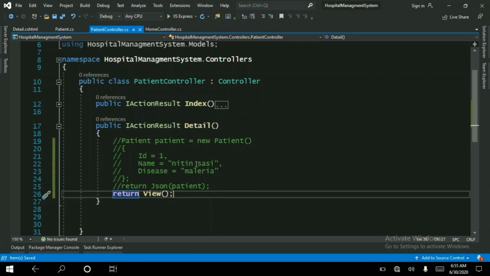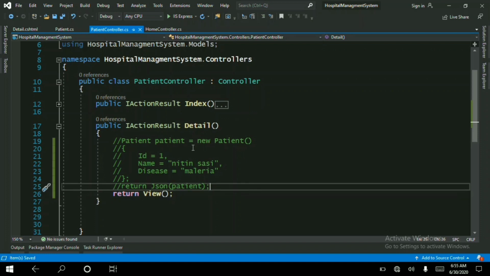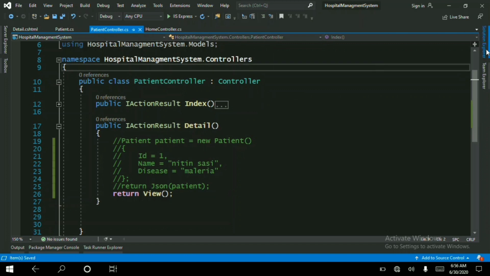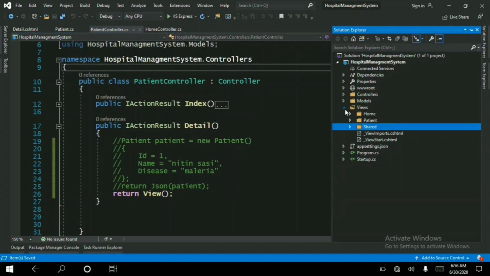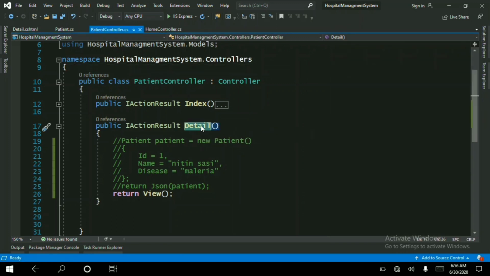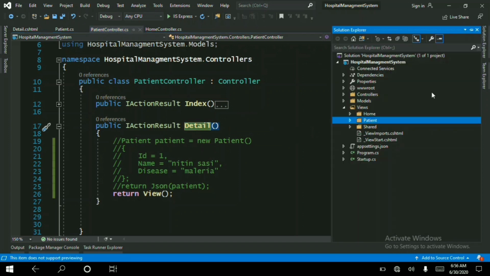Now when we execute it, it will find a folder with the same name as the controller, in our case Patient, in the Views folder. So here in Views there is a Patient folder already, and in this it tries to find a file with the same name as that of the method, like Details, with extension cshtml.